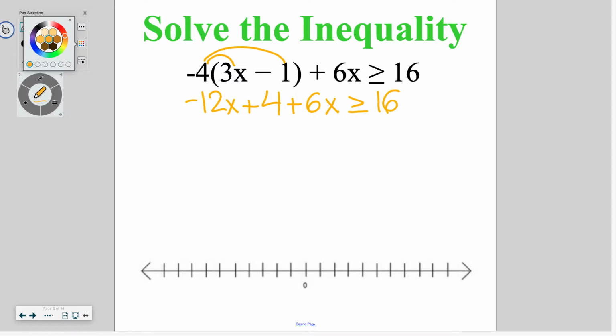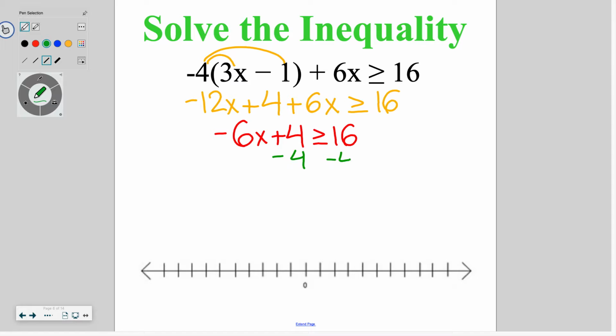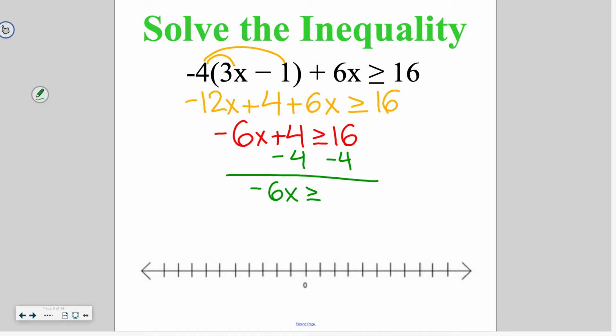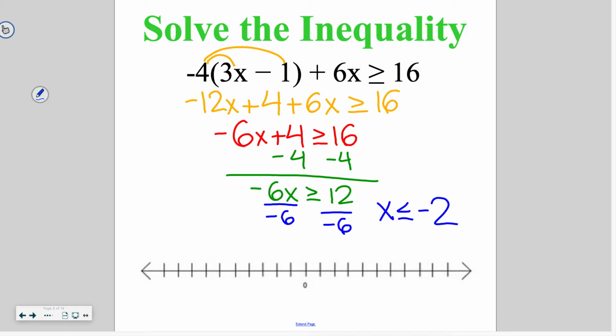Since my variables are on the same side of the equation, I am just going to combine the like terms. So if I have negative 12 x's and I'm adding on 6 x's, that gets me to negative 6x plus 4 is greater than or equal to 16. Following SADMEP, our next step is going to be to get rid of that 4. So we've got negative 6x is greater than or equal to 12. And we're going to finish by dividing by negative 6, which since we divided by a negative, we need to make sure we flip that sign to less than or equal to